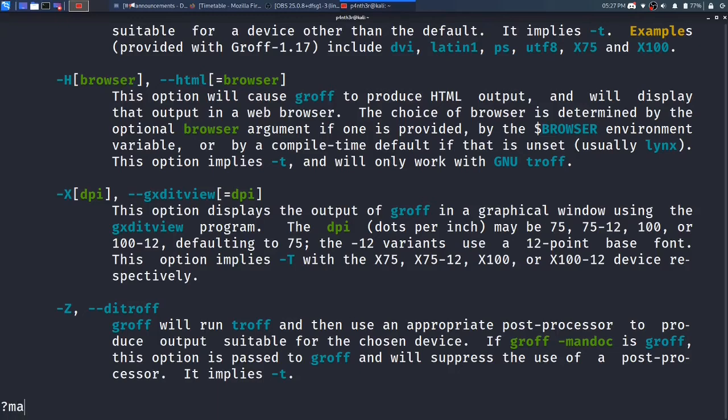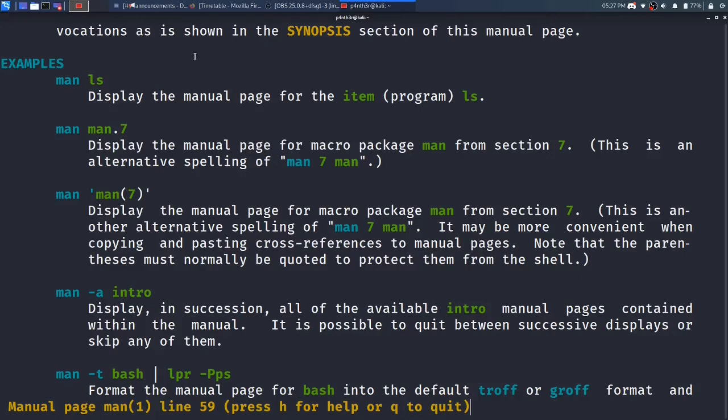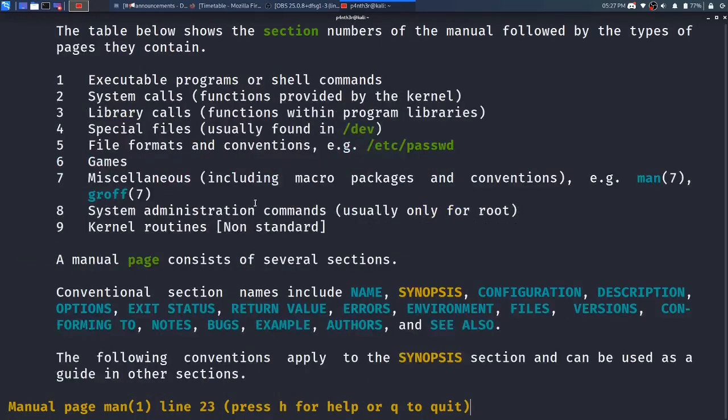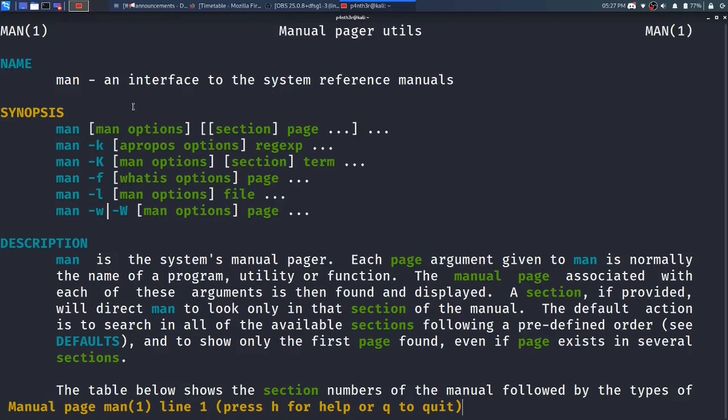Let me press question mark with synopsis and press enter. You can see at the first line it is showing synopsis. Wherever it finds that string, it will go there and show the output. So if you want forward searching, press slash with the string name, and if you want backward searching, press question mark with the string name. So this is the overview of the man command, how to use and utilize it.